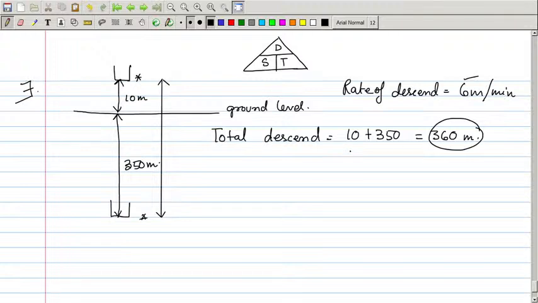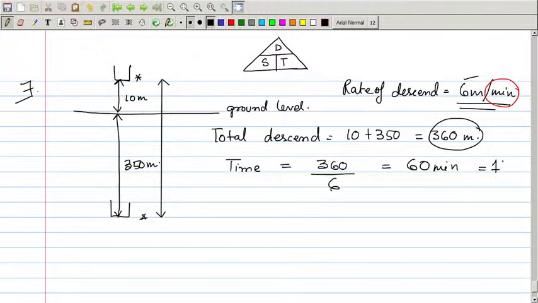Here the distance is vertical. So the time required, time is equal to the total height, 360, divided by the speed. What is the speed? Speed is 6. So that is equal to 60. Now what will be the unit of the time? See the unit of the time. What is the unit of the time given? Minutes. So here also your answer will be in minutes, which is equal to, therefore, 1 hour. So answer is equal to,